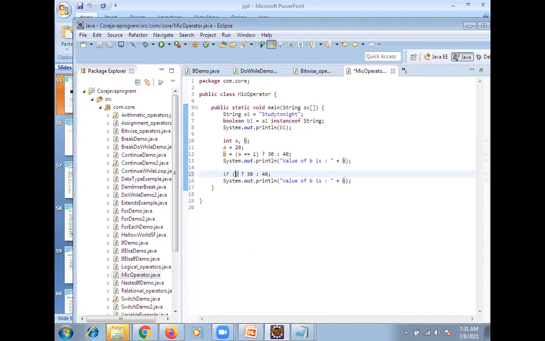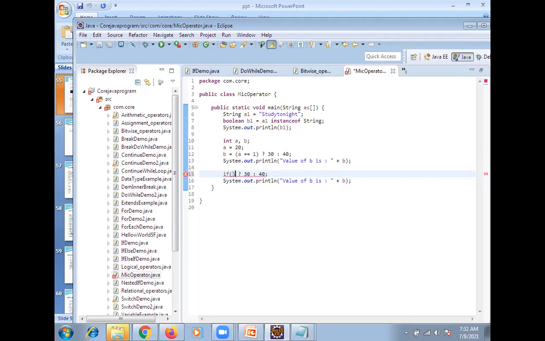If XYZ condition, A greater than 20, or directly you can mention some expression we need to give, like how it was given earlier.